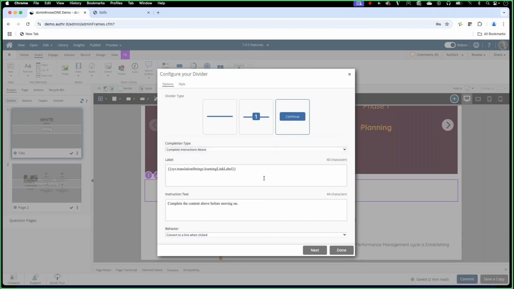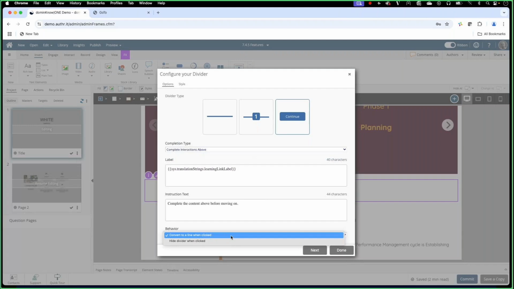We have in Domino 1 pre-translated language strings, and that's what we're seeing here for the label. So the word continue is already pre-translated for you. So if you're making a project that's going to need to be published in multiple languages, that's already translated for you. You can choose with the label here to change it to another text string, and in that case, it's actually then included in the text export that we do for our translation processes as well. And down here, the instruction text. So that's what the learner will see before they've completed the content, the instructions that they'll need. And you can customize that to whatever phrasing might make most sense for yourself, for your organization.